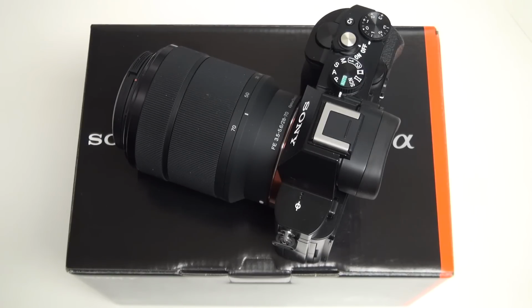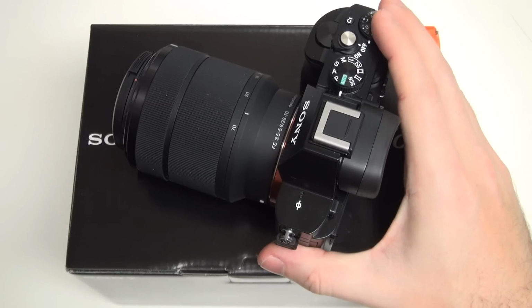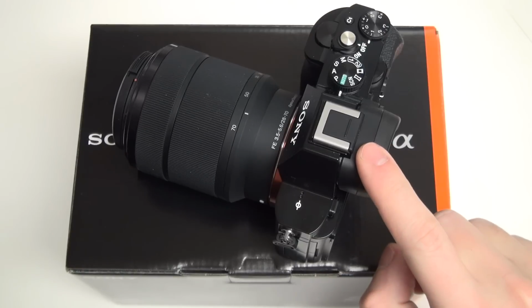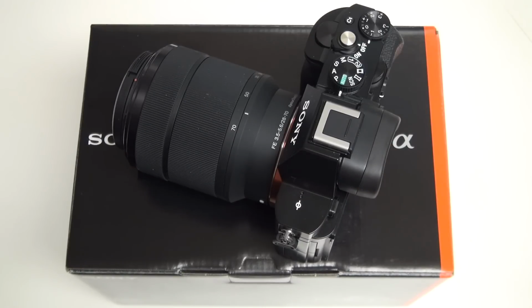Today I wanted to share a quick unboxing and first look at the Sony Alpha A7R. As you may have noticed, I've got the A7 with the kit lens, which is priced at $1999.99 for the package you see right here, on top of the A7R, and that's because they are very similar cameras with very different price points. The kit you're looking at here is priced at $1999.99,